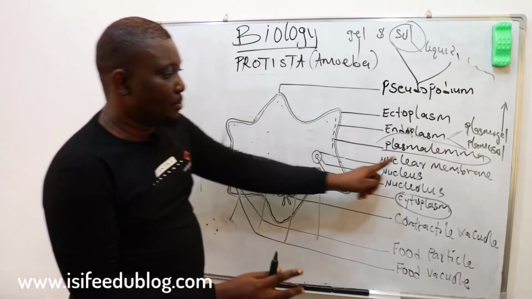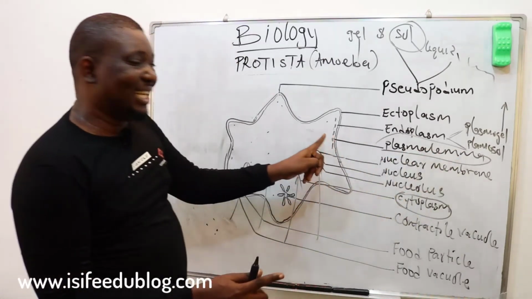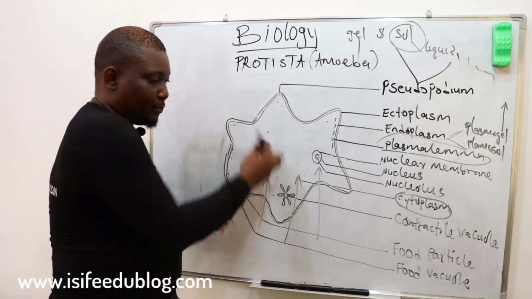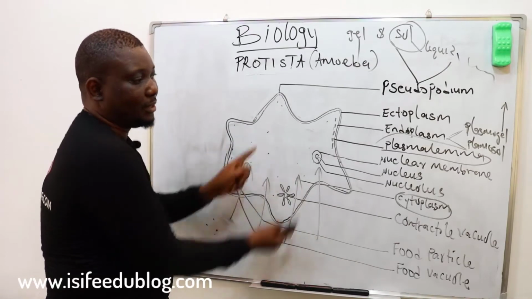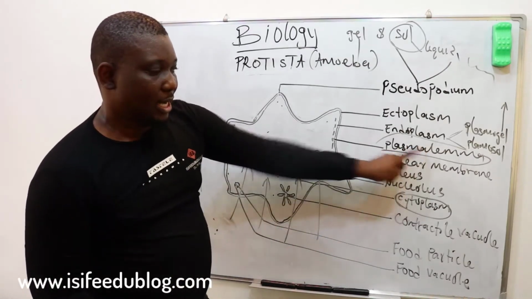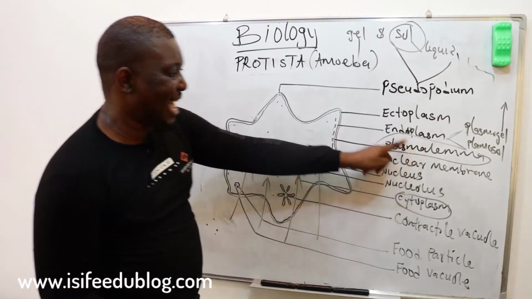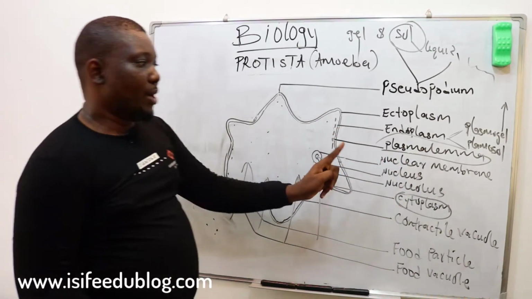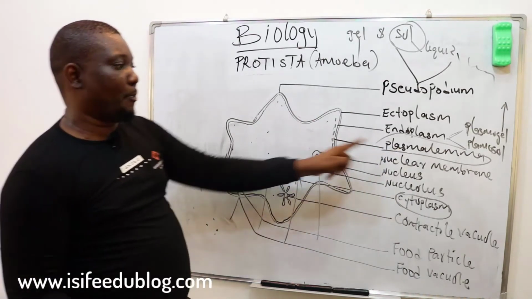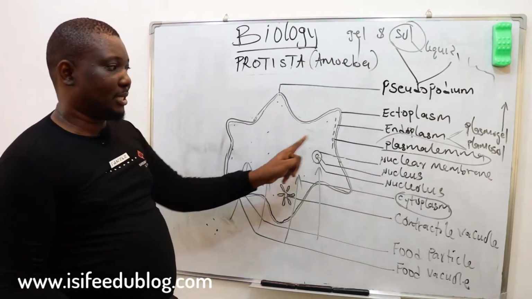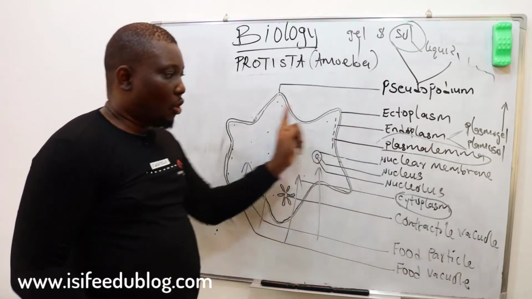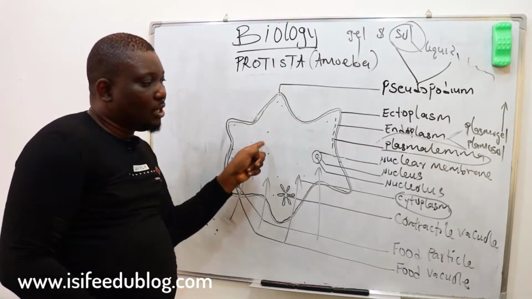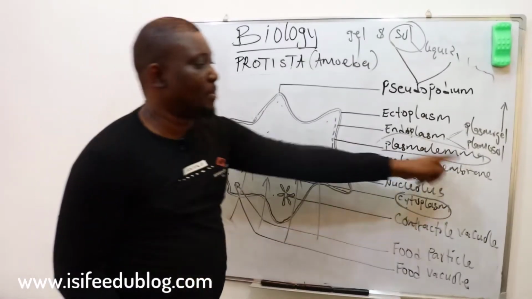But this cell membrane, this plasma membrane, delimits the content, making sure that substances are regulated from entering in and out of this cell. That is the basic function of this. In and out. So that means some substances are restricted from entering or restricted from leaving the cell. When a substance is entering the cell, the process is called endosmosis. But when it's leaving the cell, it's called exosmosis. So what delimits the content of this cell, which is the cytoplasm, is the plasma membrane.